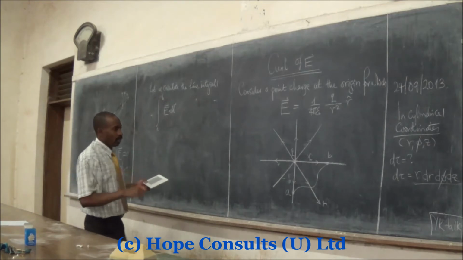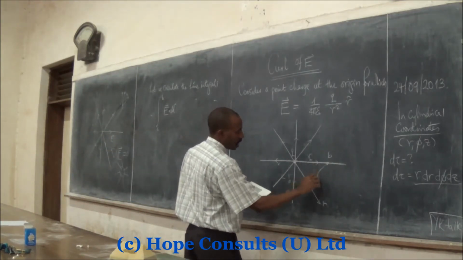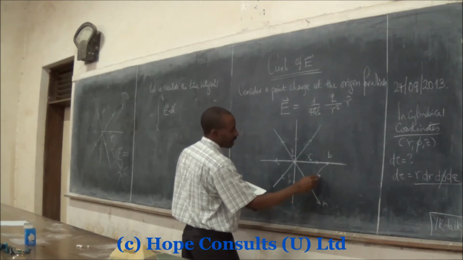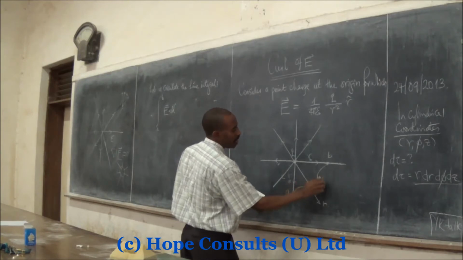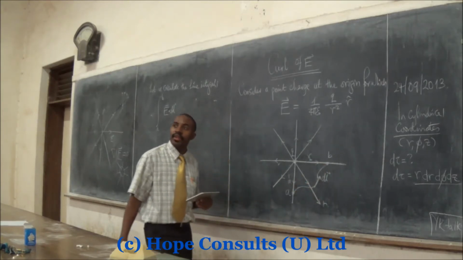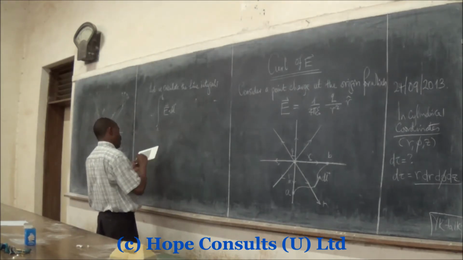Of course, if you remember, we said that we can get the dl by taking the tangent of the path. So E dot dl would be the same as